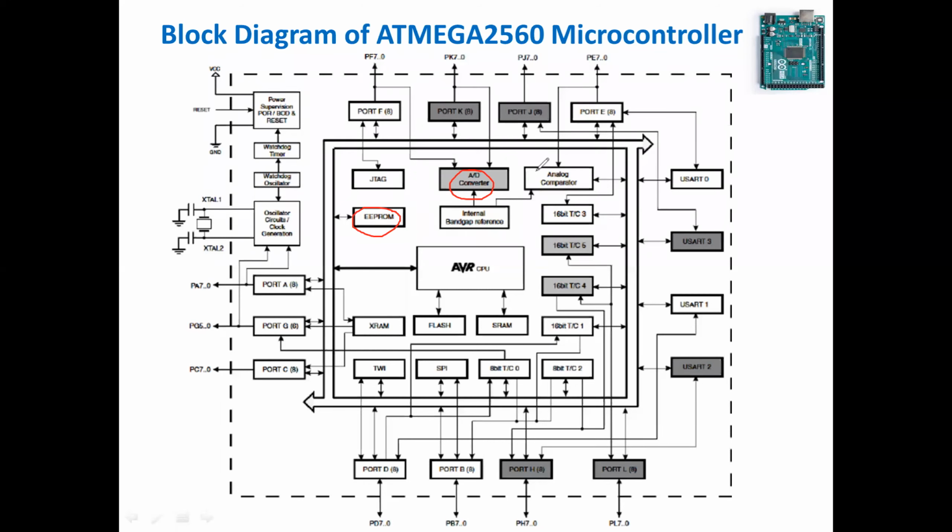Let us see, for ADC, we have 2 blocks: the analog to digital converter, and we have a comparator also. I'll tell you what an analog comparator is. A comparator is nothing but we have some defined value. Once the analog signal that we extract matches it, what action you have to perform depends on the application. And we discussed that we have 2 8-bit timers, and we discussed 16-bit timers.